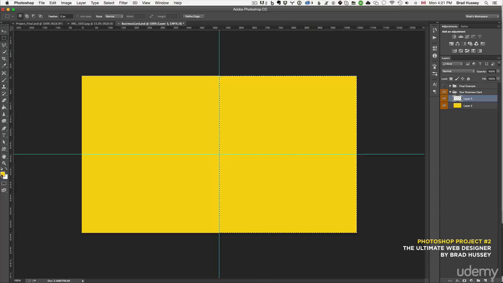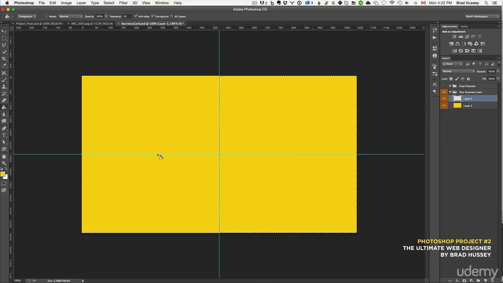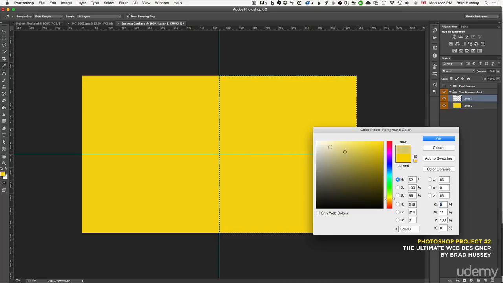So I want to choose the paintbrush, and you could fill that with white by changing this to white here, or you could simply delete this section of the layer. But I want to perform non-destructive edits. So I'm just going to fill that with white. So I'm going to choose white